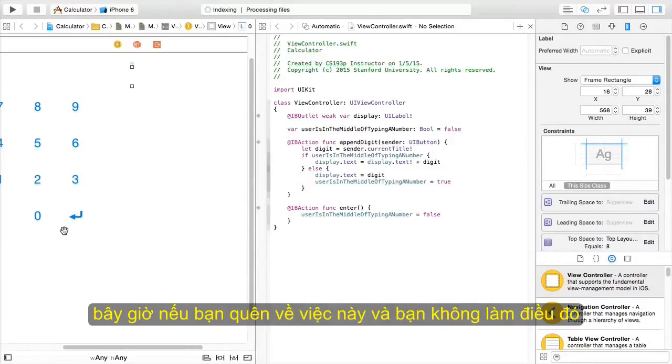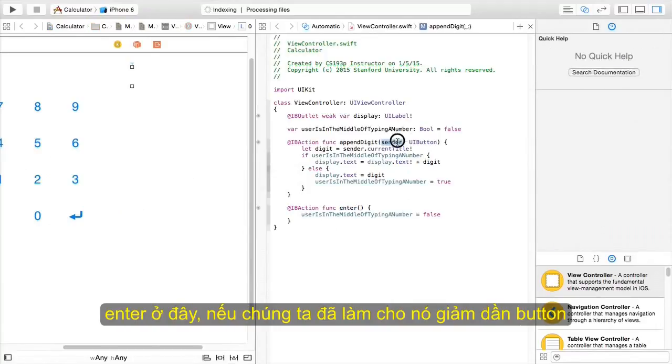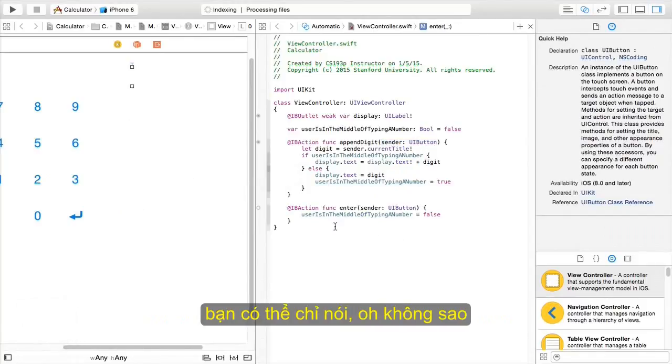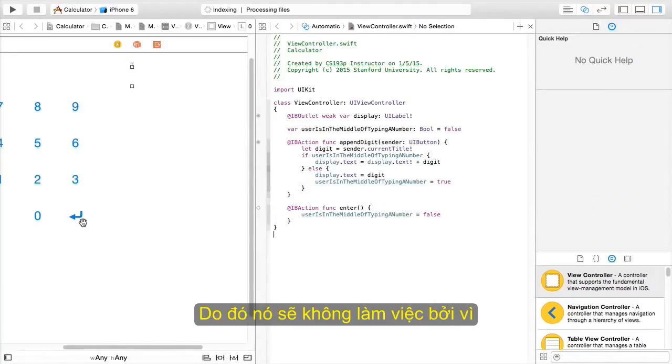Now, if you forget about this and you don't do it, or maybe you have it wired up to something that you changed. For example, if we had accidentally put an argument here to enter, if we had made it do the sending button trick, kind of like this, you can't just say, oh, okay, I'll fix that, I'll just delete that, because that would not work, because enter with an argument is actually a different message than enter with no argument. And so if you just deleted that when you run your program, it would crash, and it would say, couldn't send message enter colon when you touch this button, because enter colon means enter with an argument,